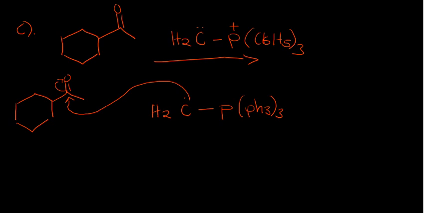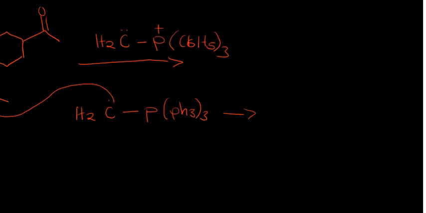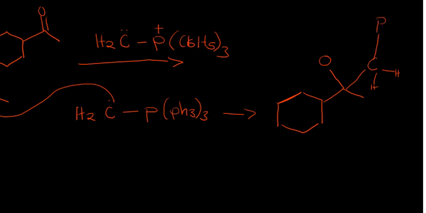Okay, we have broken the bond there, which is the oxygen, then we have added a carbon there, then the carbon is here, which is having two hydrogens, right? The hydrogen there and another hydrogen. This carbon is bonded to the phosphorus there, and the phosphorus is having the PPh3. So the oxygen is negatively charged, and this is positively charged. So they are going to attract each other there,